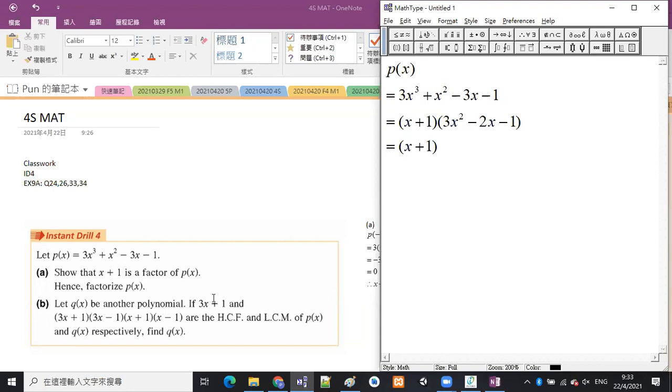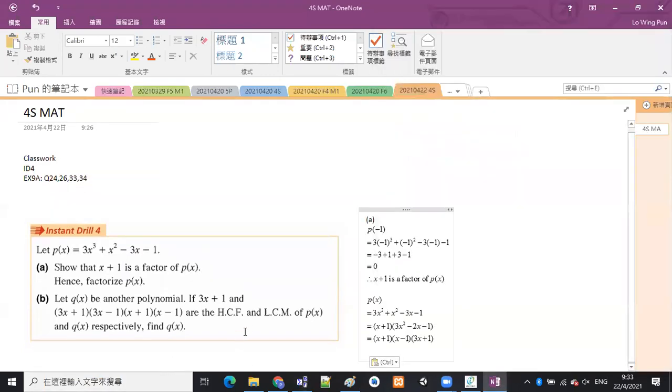So 3x squared minus 2x minus 1 can be factorized to be (x minus 1)(3x plus 1). If the question asks you to factorize P(x), it really means that you have to factorize P(x) completely. So that is the answer of part A. Is that okay? And then part B: let Q(x) be another